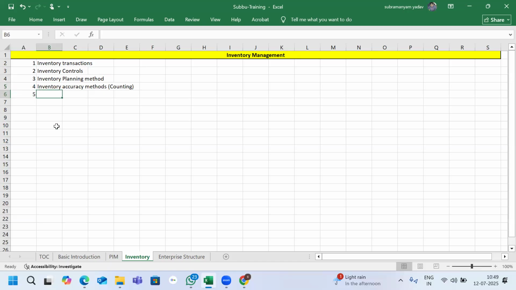Okay. Likewise, any other inventory transactions we will see. These are the major concepts we will see in the inventory. Now the first concept is